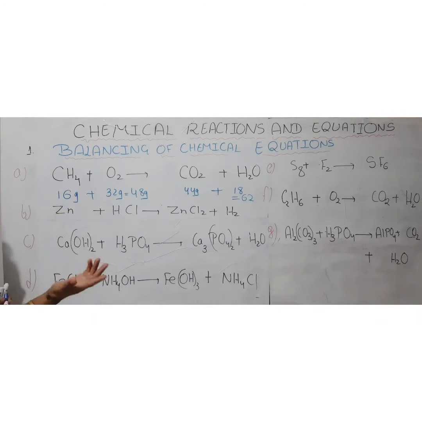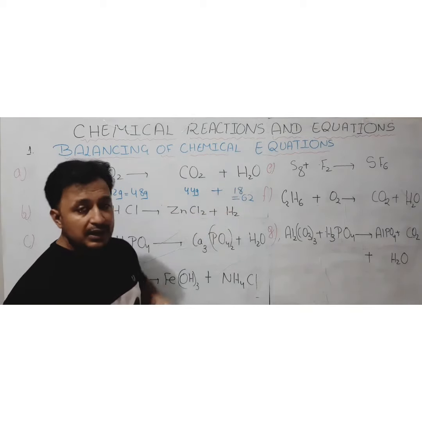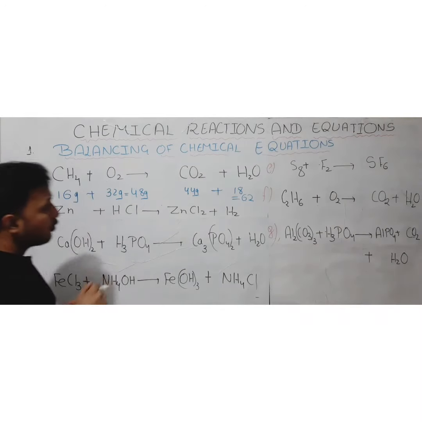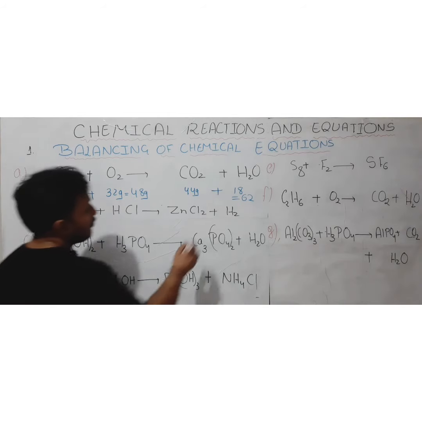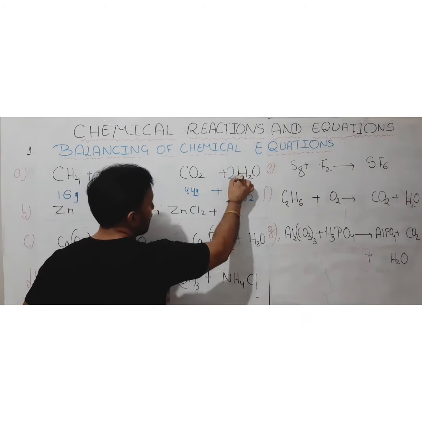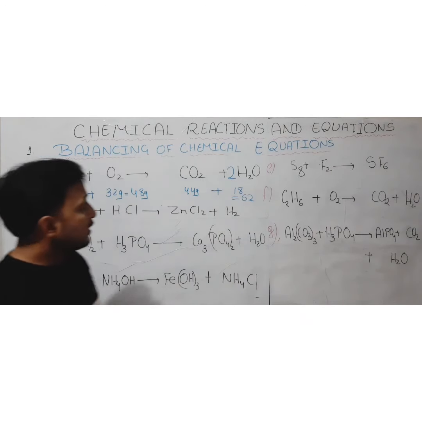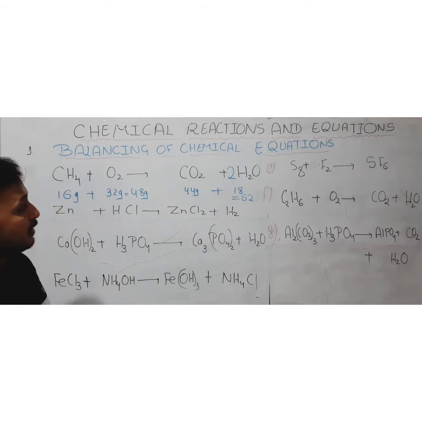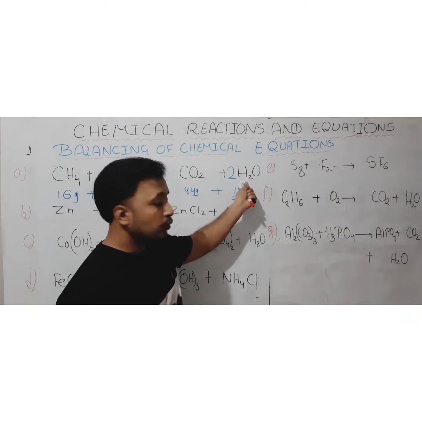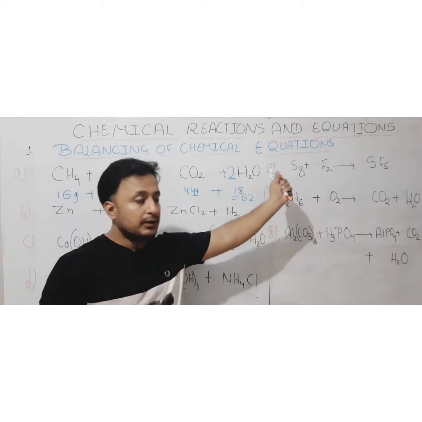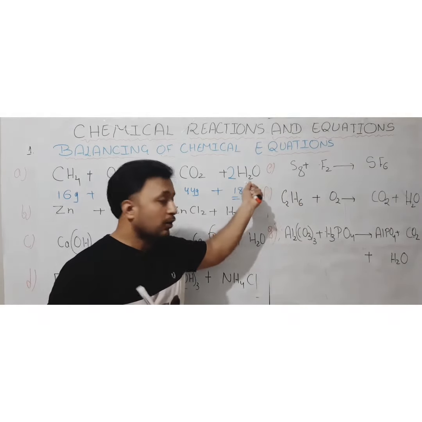Now we'll see the oxygen and hydrogen only. If you see hydrogen are 4 here, and if you see here, how many hydrogen are there? Only 2. So we will be using a suitable coefficient to balance it. So we can keep 2 over here. Okay, we can keep the coefficient before the molecular compound. So we can keep the coefficient here and balance it. So it become what? 2 into 2, that is, the coefficient is going to be a multiple of all the elements present in a compound or a molecule.